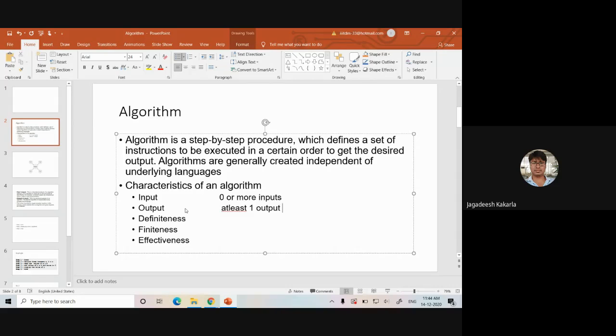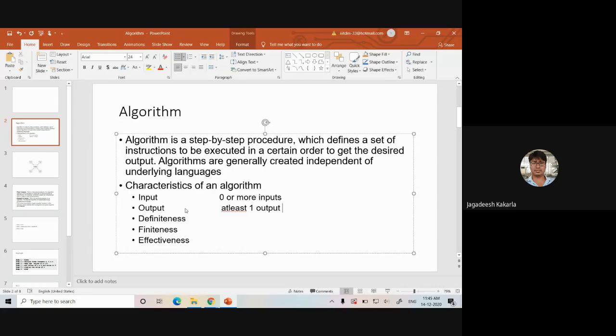Am I right? Let's take that you are going to the ATM machine. It asks you to enter the PIN number. If the PIN is correct, it should allow you to do the next transaction. If the PIN is wrong, it should give you invalid PIN. Is it clear? If the person who designed the software for the ATM forgot to write that, and if the PIN is wrong it does not display an invalid message and shows a blank screen, then you will not understand whether this ATM machine is working or not. Am I right or wrong? So, every algorithm should produce at least one output.